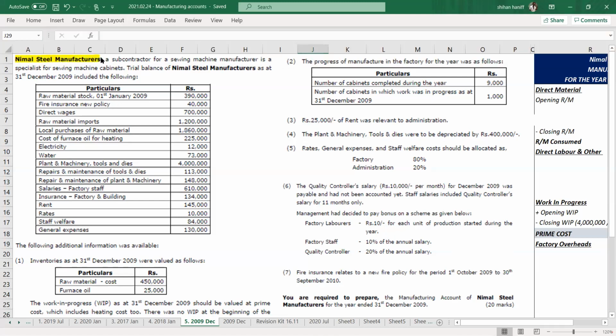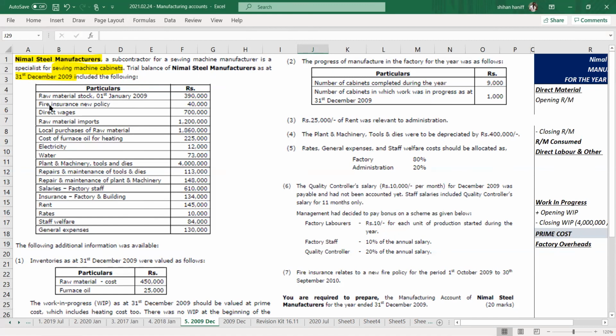Nimal Steel Manufacturers, a subcontractor for a sewing machine manufacturer, is a specialist in sewing machine cabinets. Trial balance of Nimal Steel Manufacturers as at 31st December 2009 included the following: